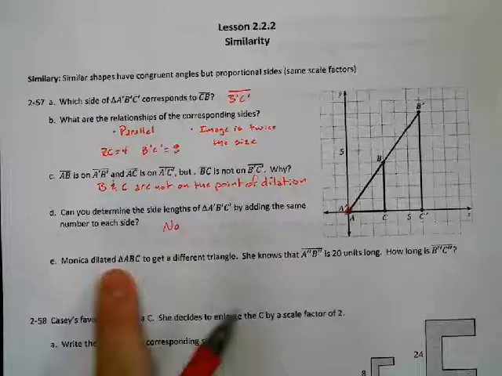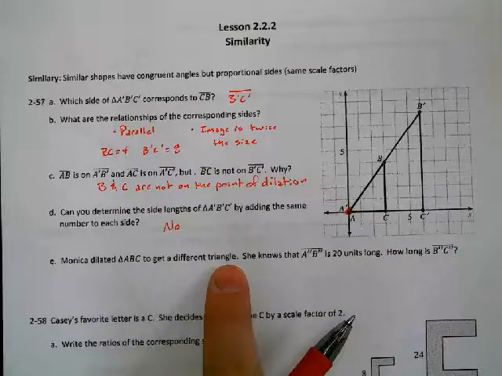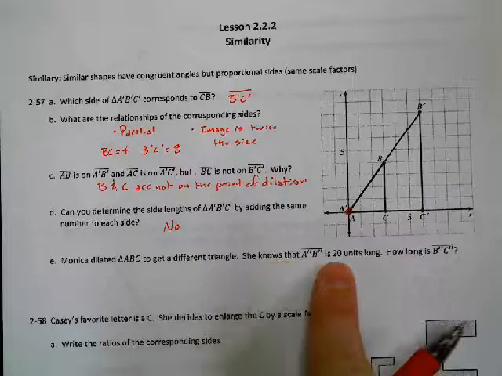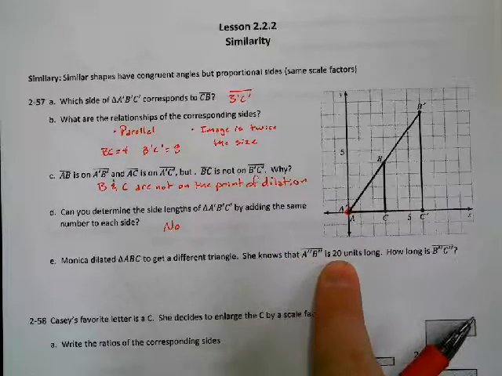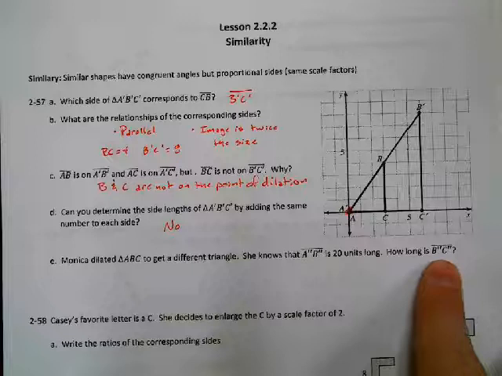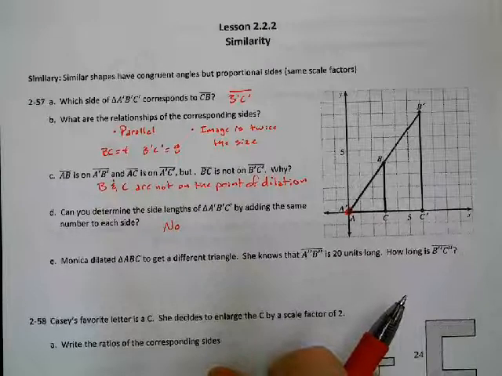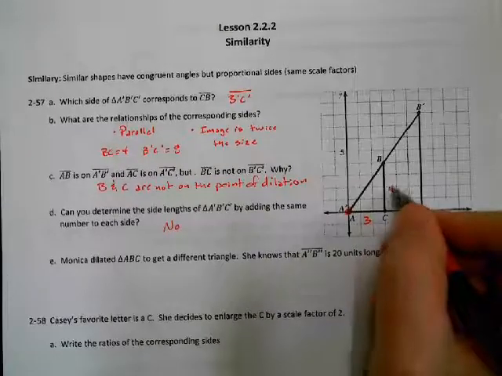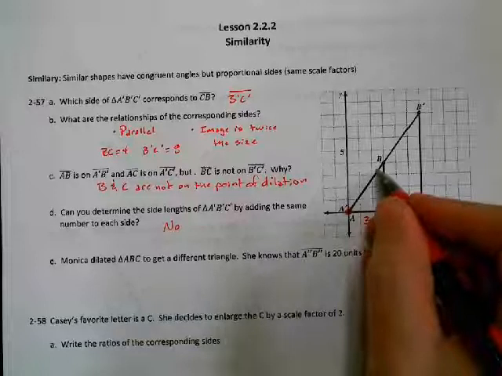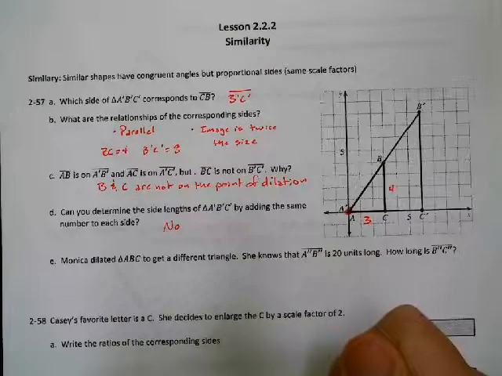Monica dilated triangle ABC to get a different triangle. She knows that A prime, B prime is 20 units long. How long would B prime, C prime be? Okay. So we kind of need to know what the original shape was. So this side is 3, this side is 4. I don't know what this is because it's a diagonal, but since it's a right triangle, I can use the